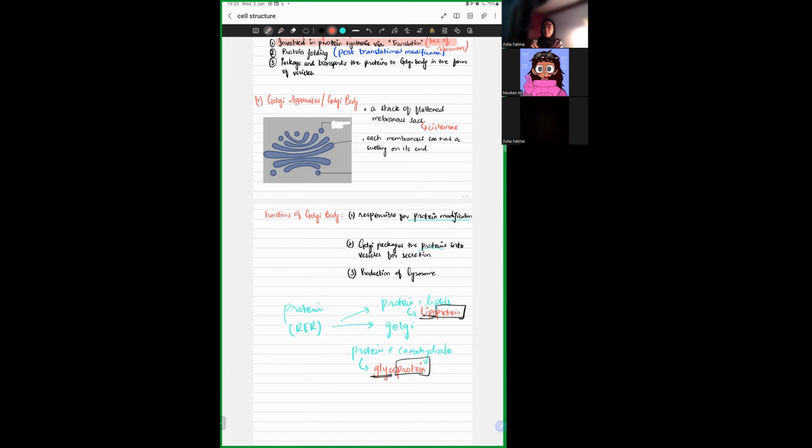be it any type of protein which is required by our body, all these proteins are formed in what manner? The nucleus makes mRNA, the mRNA goes to a ribosome, the ribosome forms the polypeptide chains, and the polypeptide chains are then folded and undergo post-translational modification within the RER. We have our protein completely formed in the RER. That RER sends that protein to the Golgi body. That Golgi body modifies that protein, and then it forms a vesicle, and then the vesicle is out of the